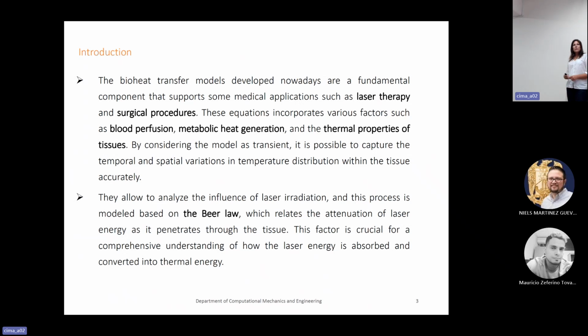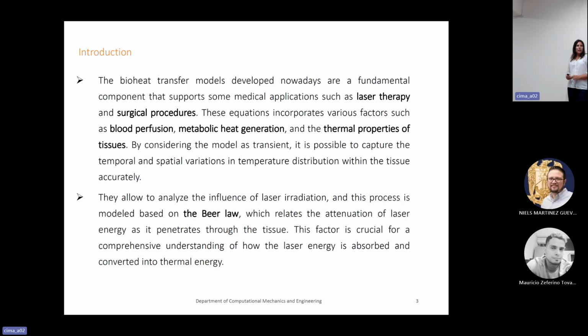The heat transfer models developed nowadays are a fundamental component that supports medical applications, laser therapies, surgical procedures, and here the oncology should also be mentioned. These equations incorporate various factors such as blood perfusion, metabolic generation, and thermal properties of tissues. These are the most basic ones. Those parameters we can find in Pennes' equation. By considering the model as transient, it is possible to capture the temporal and spatial variations of temperature distribution